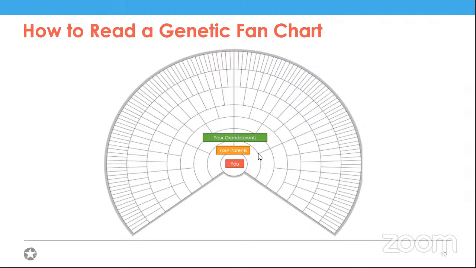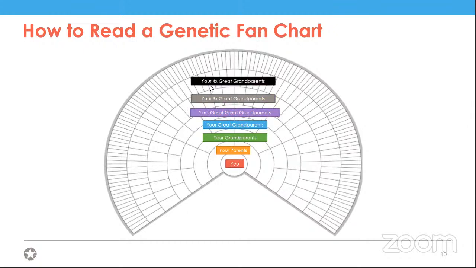So these 4 are your grandparents. These 8 are your great-grandparents, and so on and so forth through great-grandparents, 3 times great-grandparents, 4 times, and 5th times. They can continue to go on past the 5th great-grandparents, but this is just the basic one that we